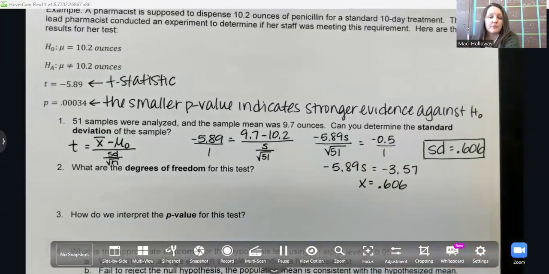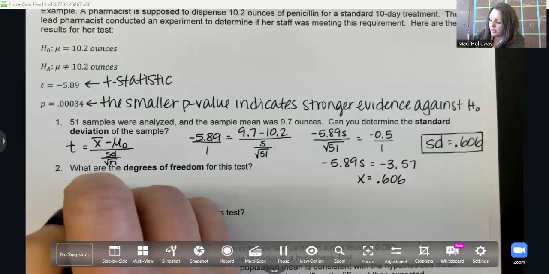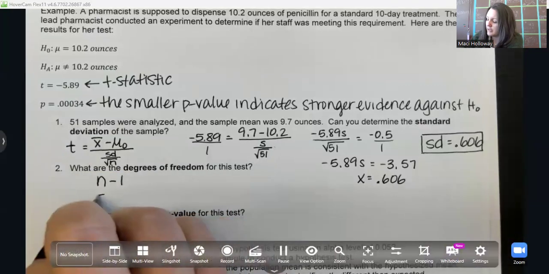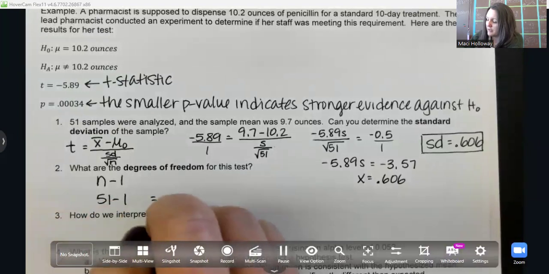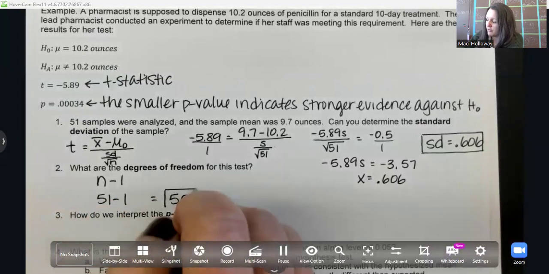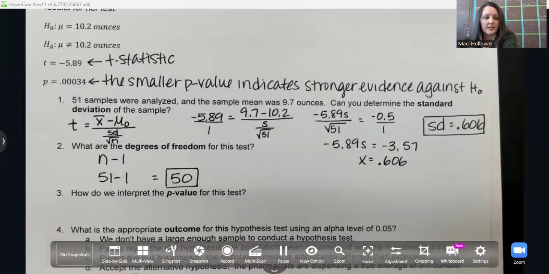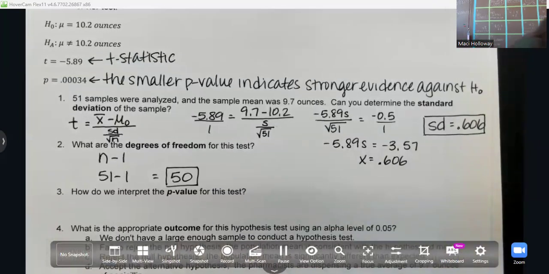So degrees of freedom for the test, remember degrees of freedom are n minus 1. So if our sample size was 51, it's 51 minus 1. So our degrees of freedom are 50. And then how do we interpret the p-value for this test? So let's think about this. If the degrees of freedom are 50,